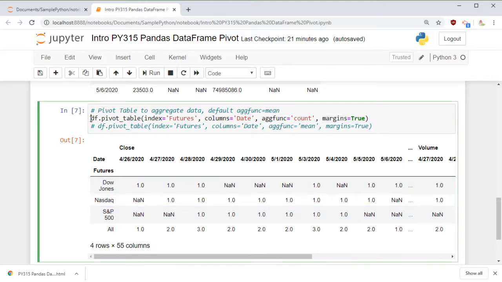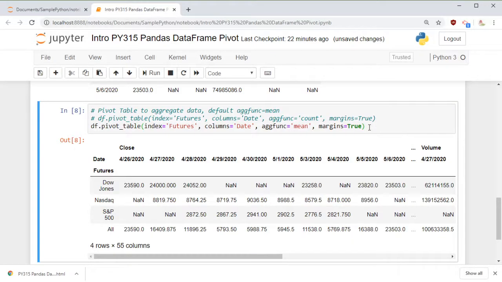Now let's comment this one and execute this, where I am doing the same thing. Everything else is the same, just instead of count, I have mean. If I execute this statement, it looks pretty much the same, but now I have the mean value for the close.